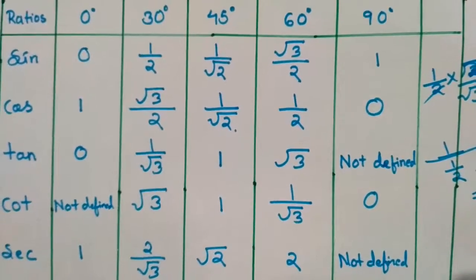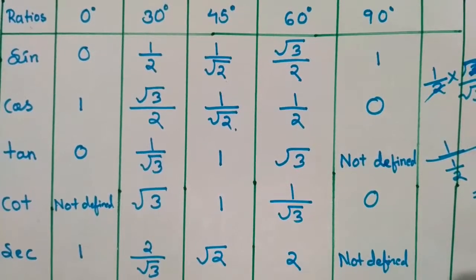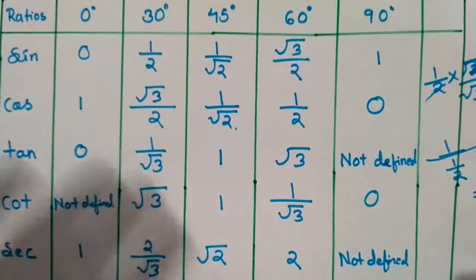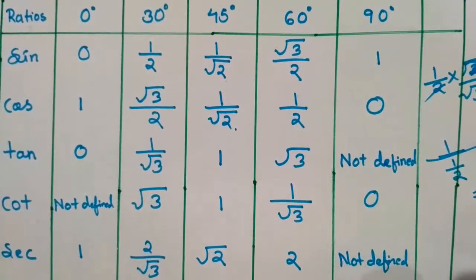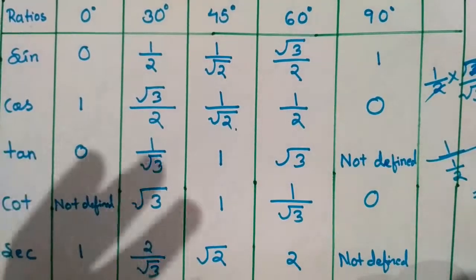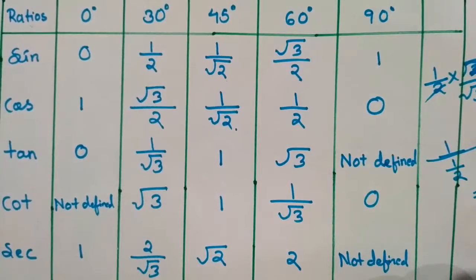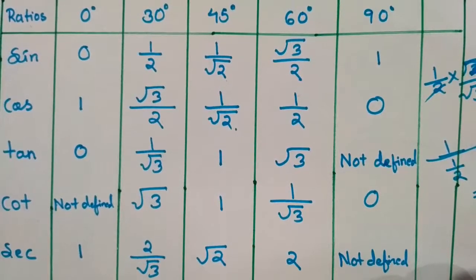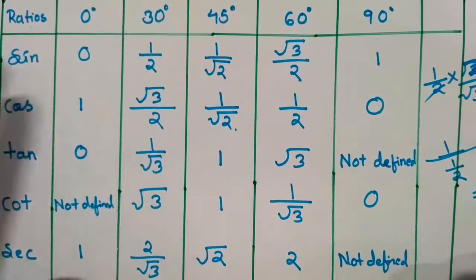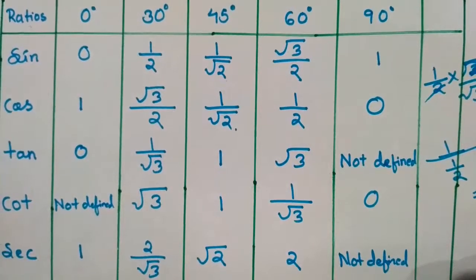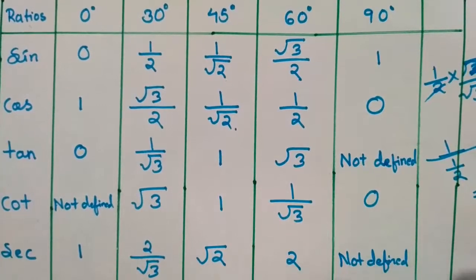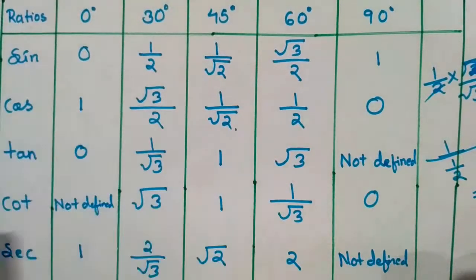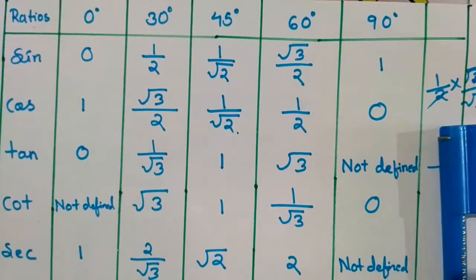How will we learn the table and use it in the exam? Friends, I am telling you the best trick. You do not need to learn anything of this table. You just remember this process, how to find out the table. When in the exam you get the question paper and the answer paper, after filling up your profile details, you go to the back of your answer sheet and draw this table first. It will take hardly 1 minute to draw this table. Very easily you draw it, and when you need to use the table, you just flip over your pages, watch the numbers and use them, so that you can get very good marks in trigonometry.